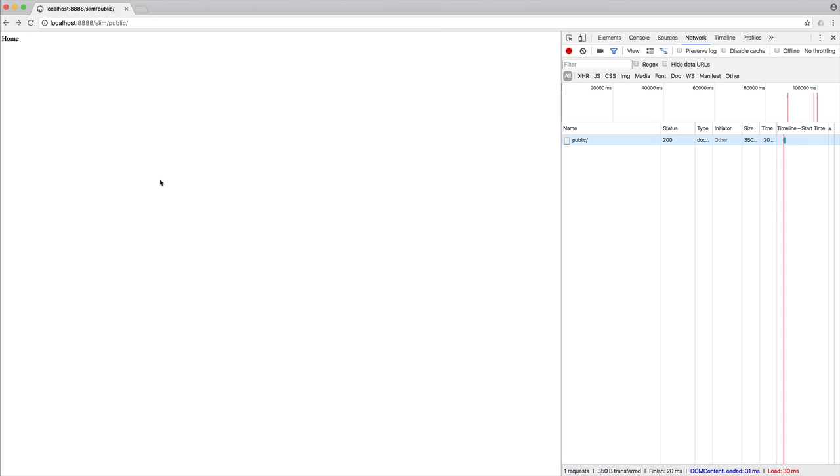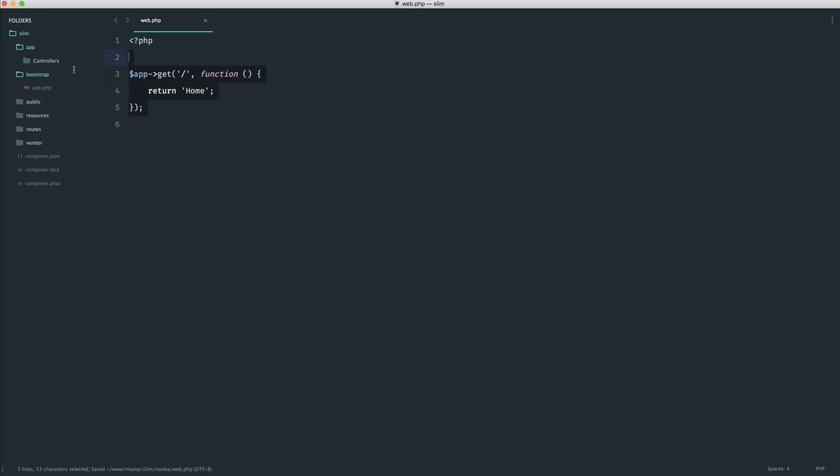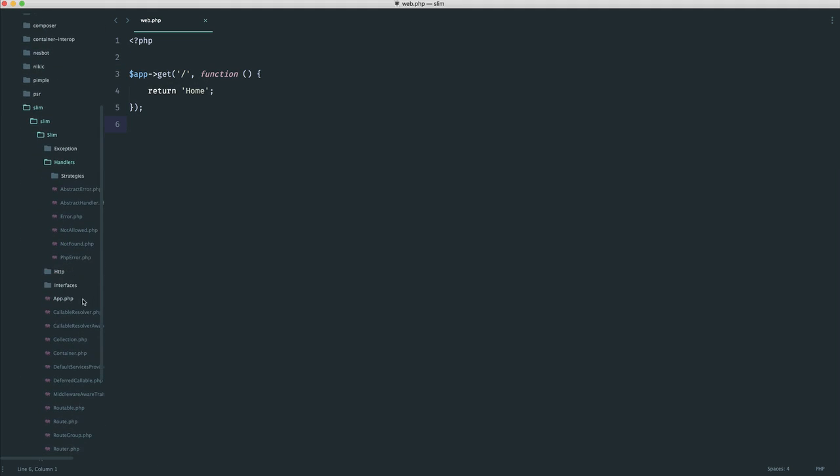and actually take a look at how Slim handles this, and this will give you a much better idea of what you're actually doing. It's always a good idea to dive into the source code. So let's first of all just take this part to see what happens when we don't actually find a page within Slim. What happens? So if we just come over to vendor, Slim once again,